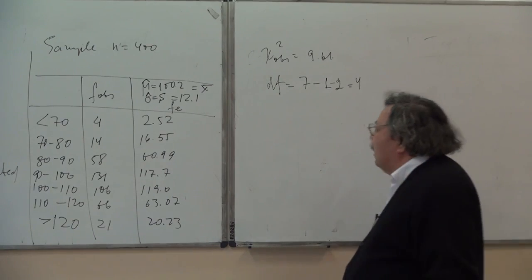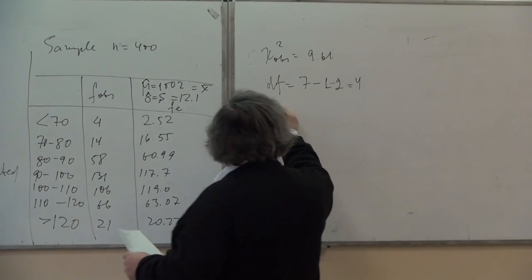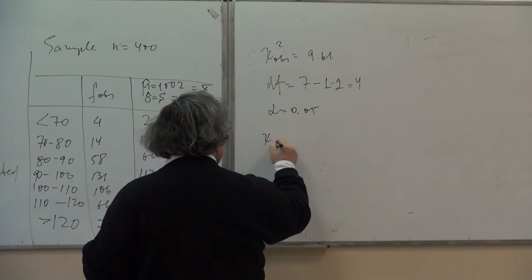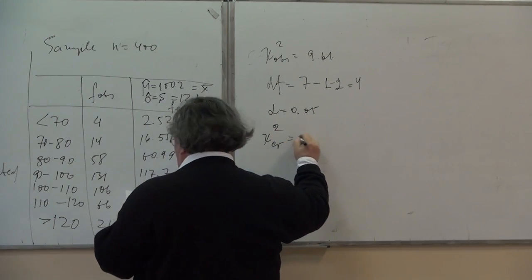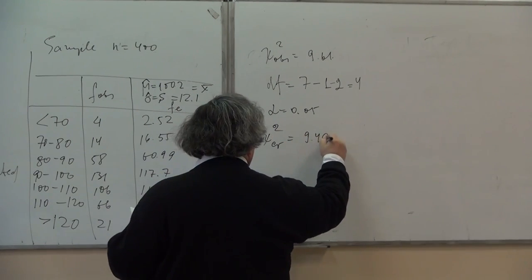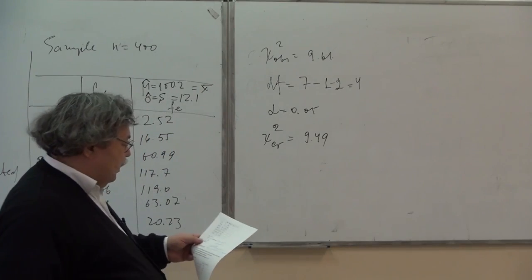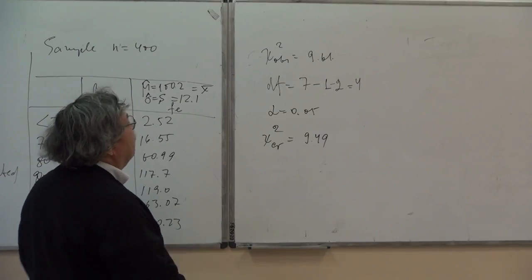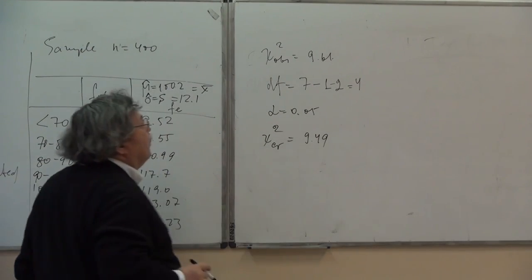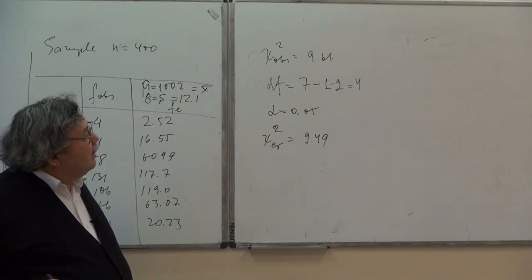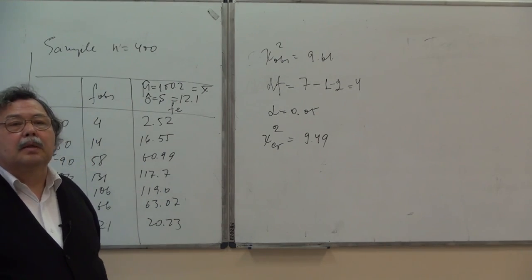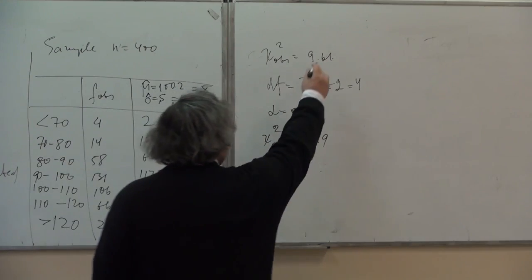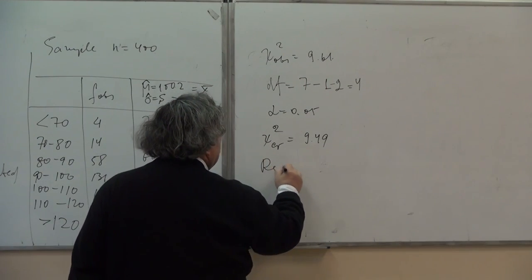Okay. Well, and introducing this significance level, we find this value for chi-square critical. Okay. All right. Look at this. The value of chi-squared observed is very close to chi-squared critical, but it's larger actually. And because this one is larger than that, the answer